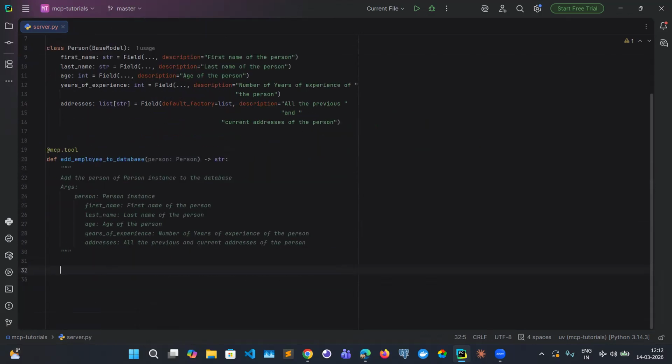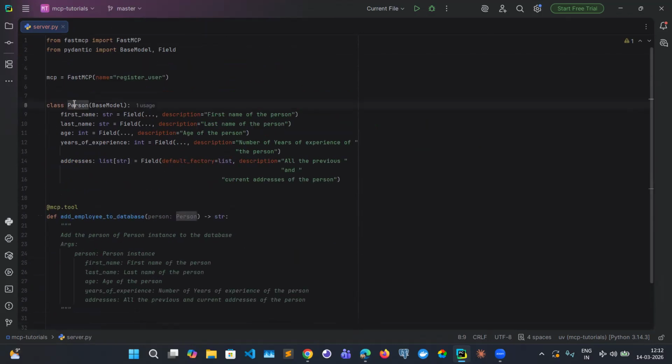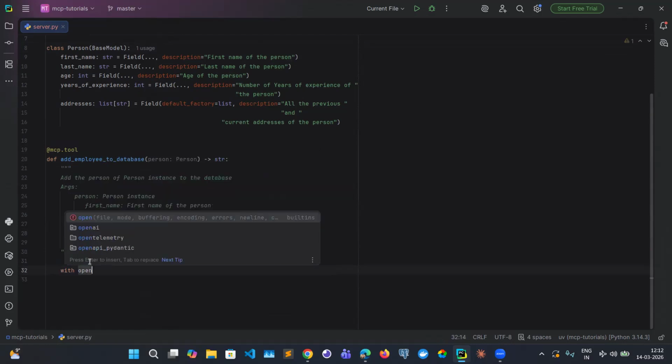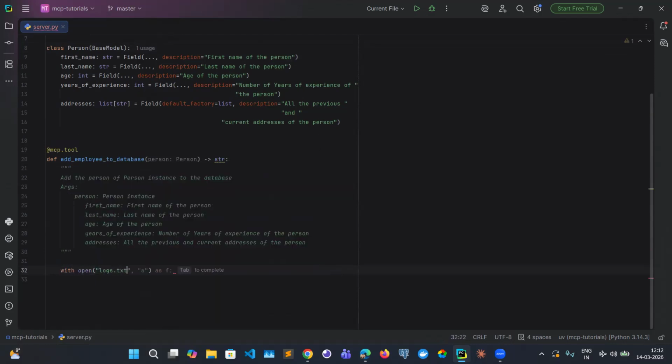Okay, so here because this is learning how to use the Pydantic model and how we can do the data validation, we will simply write whatever the data is given by the user to some text file. So with open logs dot text, and we are going to append it, because in the database generally it's an append operation, right? We are not going to format the data for another entry, right? Okay, so we are going to write f dot write first,